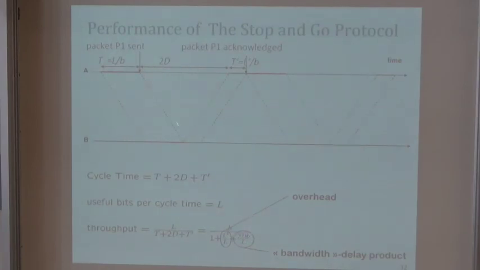It is the product of the bit rate B multiplied by 2D. 2D is the round trip time, which you see here is the time to go from A to B and to go from B to A, which is typically, but not always, the same. So if you assume it's the same, that gives 2D. So this is called the bandwidth delay product because it's the product of the bandwidth, the bit rate B, by the delay. And it has an interpretation.